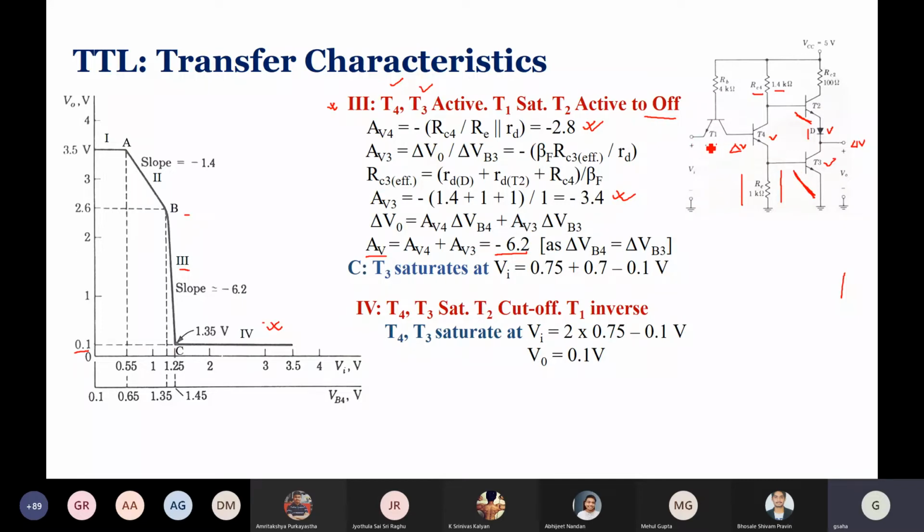So the transistor will act in inverse mode. That means this emitter will behave like a collector and this will behave like an emitter. So the injection efficiency and other things will be very poor, but it is okay. I mean, you don't need too much current over here. So whatever current you get across this to keep it saturated is good enough. So this is how the TTL transfer characteristics looks like, with two different slopes.